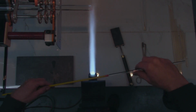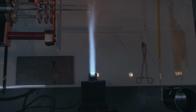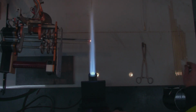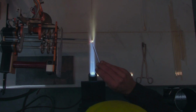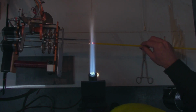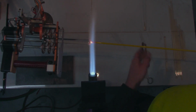So, just putting a little handle here, putting a little handle on the color rod. I'm going to be using a somewhat oxidizing flame, somewhere between neutral and oxidizing. Oh, that was an odd little thing. A little piece of the color rod just jumped off the end. I'm somewhat preheating the end of my punty, and then